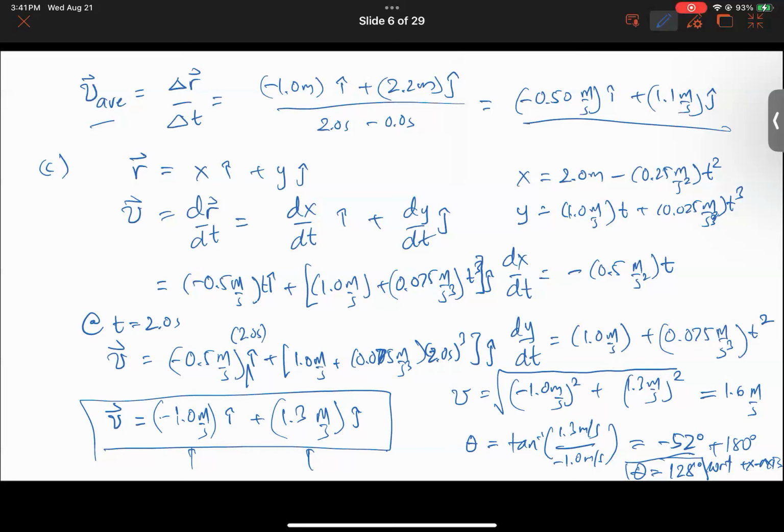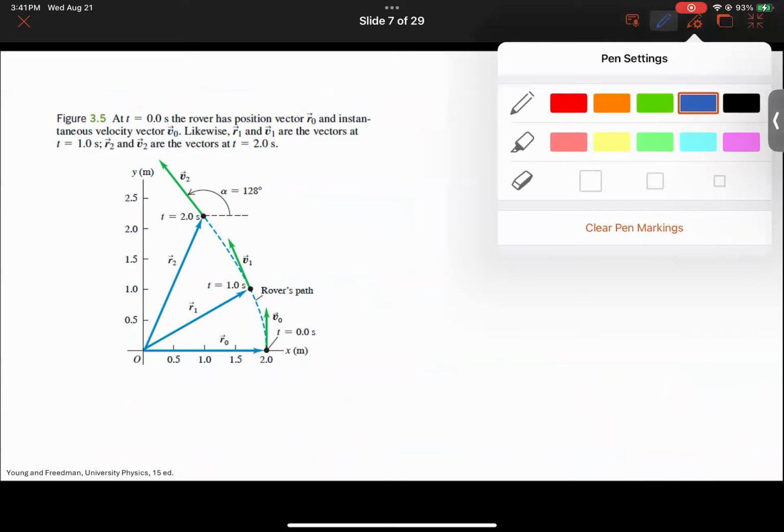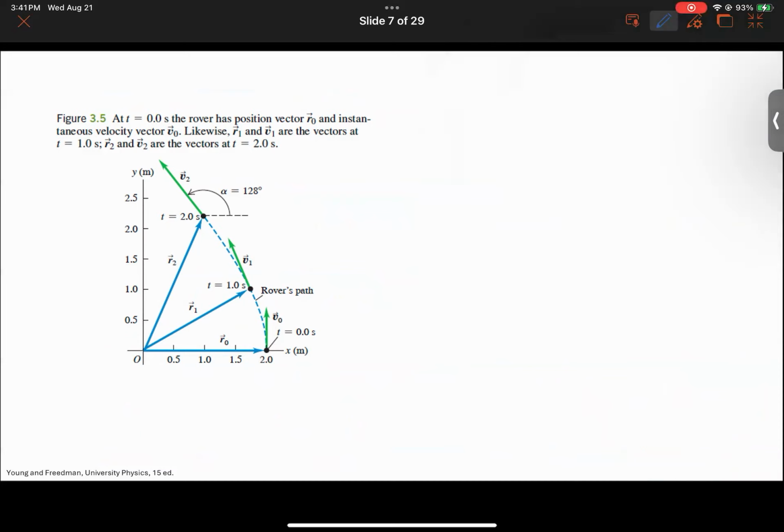Okay, so yan yung problem na yan. Now let's see, ano bang nangyayari sa rover? So originally, yung kanyang position at t equals 0 seconds, nandito siya. And at 2 seconds, nandun siya. And then dito sa calculations, dinagdag yung 1 second. Makikita natin na yung velocity niya, if we trace this, connect the dots and